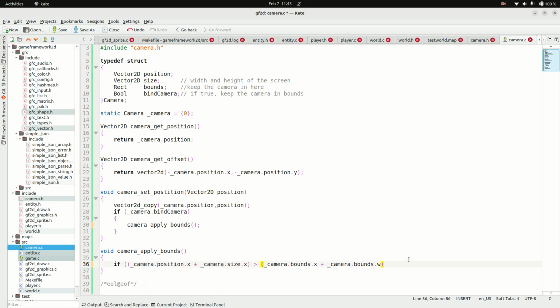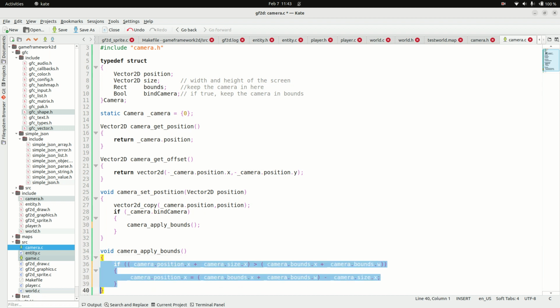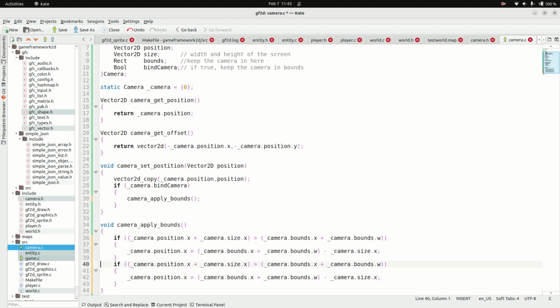So if this, then I'm going to set my camera position.x equal to the right edge minus my camera's width. I'm going to apply the same thought to the height. So in this dimension,